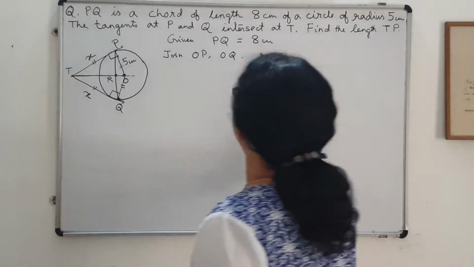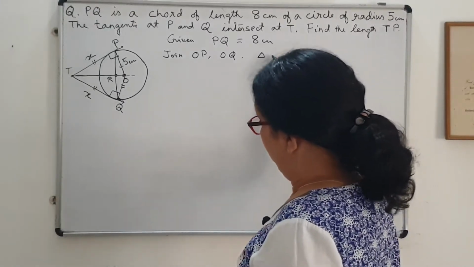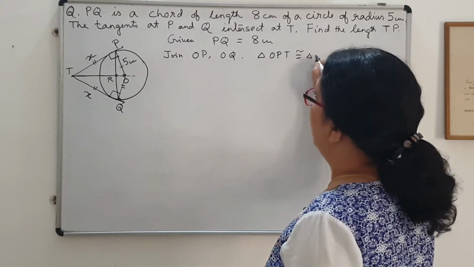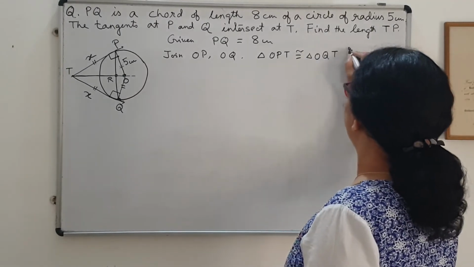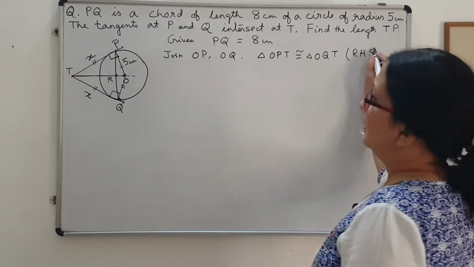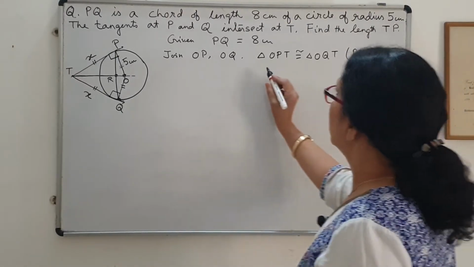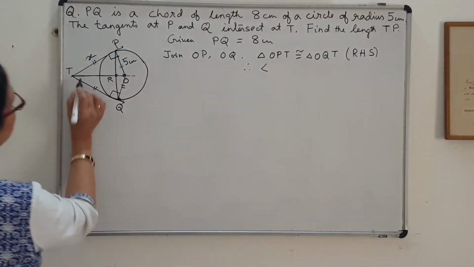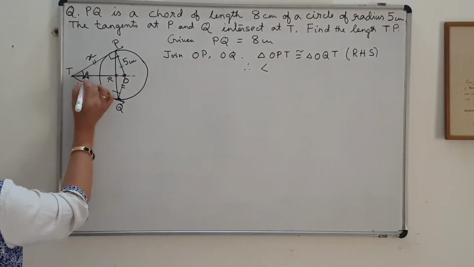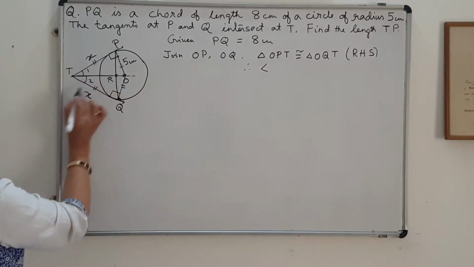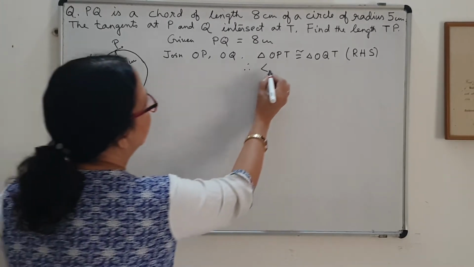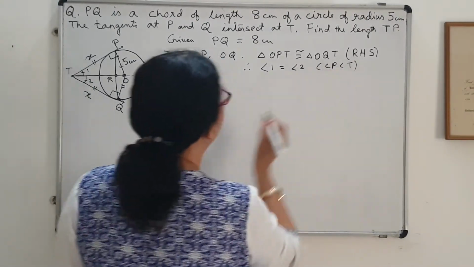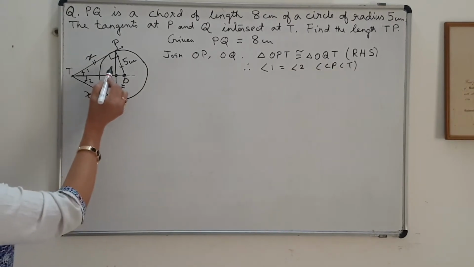So I can write triangle OPT is congruent to triangle OQT by RHS. That you can easily see the criteria. So by CPCT, I will be taking these two angles. This angle will be equal to this angle. Say angle 1, say angle 2. So these two will be equal. Therefore, angle 1 will be equal to angle 2 by CPCT. After that, I will be taking the two small triangles